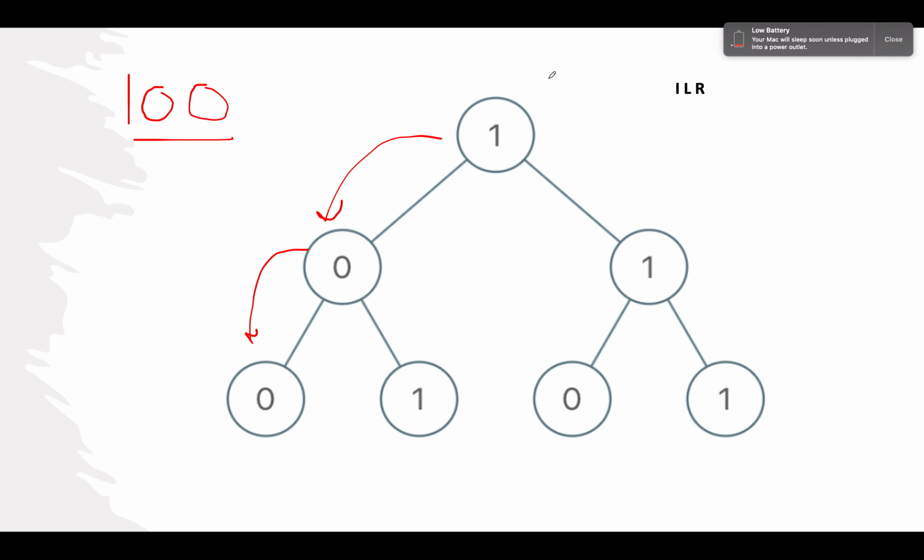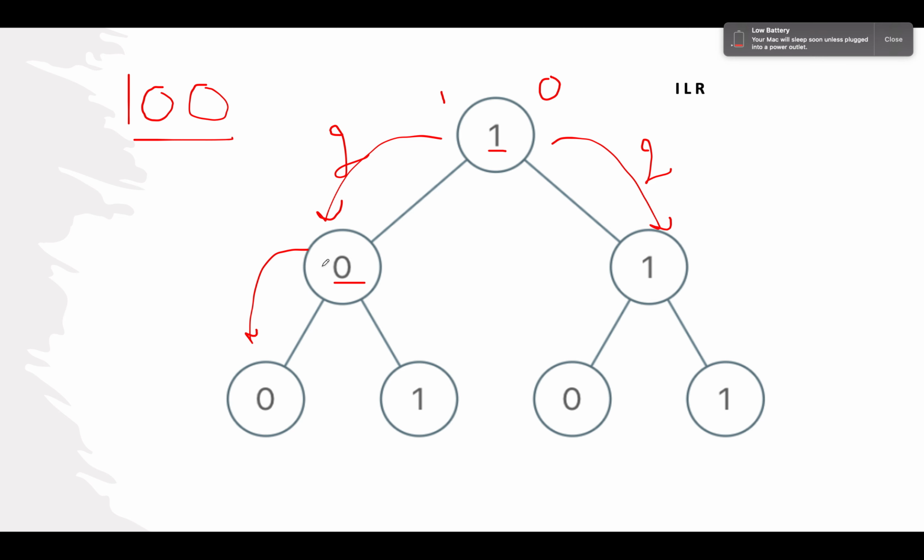So let's get started. The total sum right now is 0, and what do we see? We see 1 at the root node. So the sum gets updated to 1, and since the precedence of the root node or the upper nodes is higher than the lower nodes, you're going to multiply it with 2 and pass it on to the child nodes. So the sum that gets passed on from 1 to 0 is 2. Next we see 0, and 2 plus 0 still remains 2.